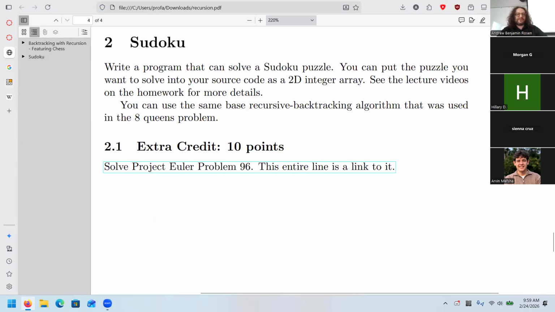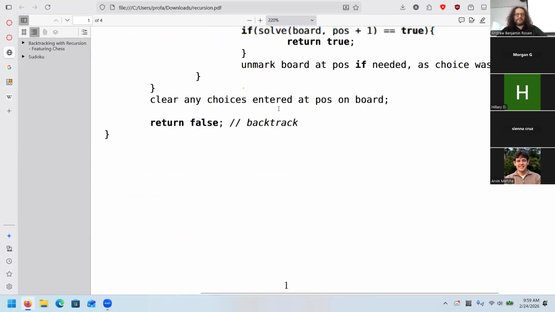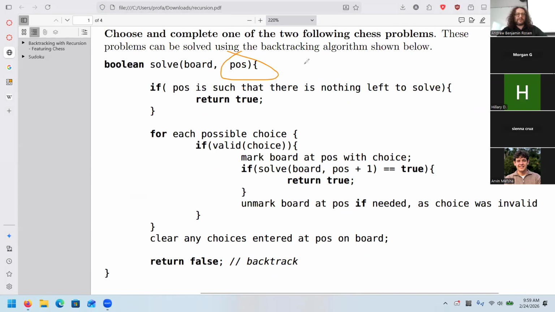So my advice for doing the Sudoku and this problem, once again, so 2 things. Once again, this position can be an int row or an int column. I'll go back to that in a second. The second thing is just make this basically return true when we're starting out. For Sudoku, you need to check the rows, you need to check the columns, and then you need to check your 3x3s. I suggest having your valid method call 3 additional methods. Or not, you can program them all in the valid method, but basically work on them independently.